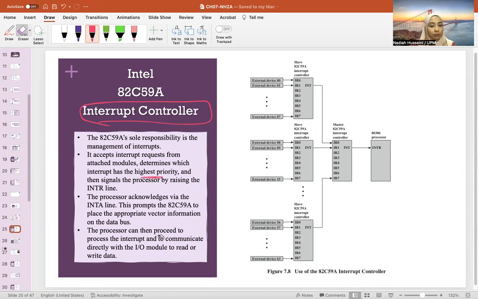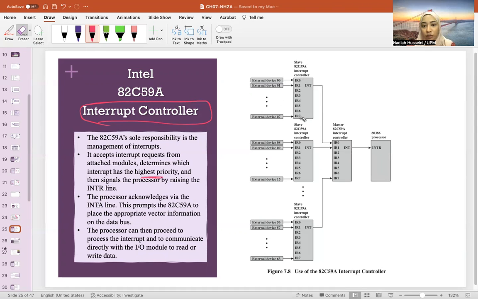The processor can then proceed to process the interrupt and communicate directly with the IO module to read or write. So the controller determines which interrupt has the highest priority if we are receiving multiple interrupts at the same time. It does so by going through the INTR request line. And then the processor will let the controller know by the